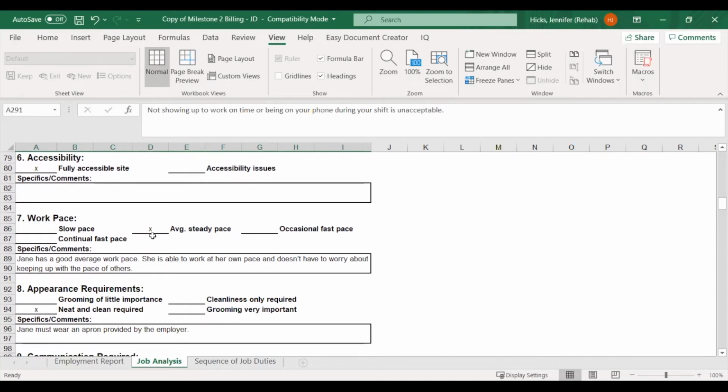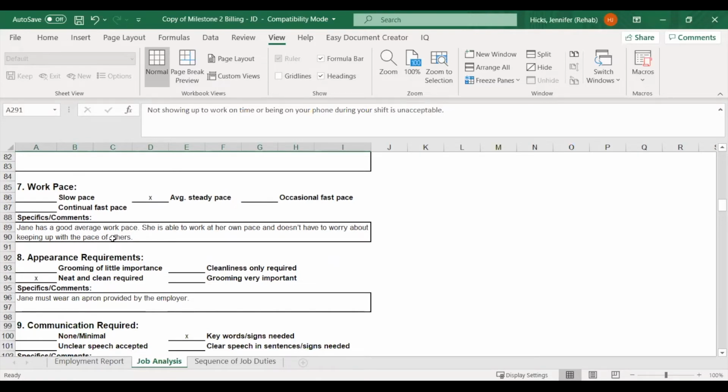So how fast does this person need to be? Is it a slower paced job, or are they required to be super fast? At Home Goods, it's kind of an average pace. But I've had somebody working at Amazon before, and they had to work at a quick pace because they had to get so many packages out in an hour.